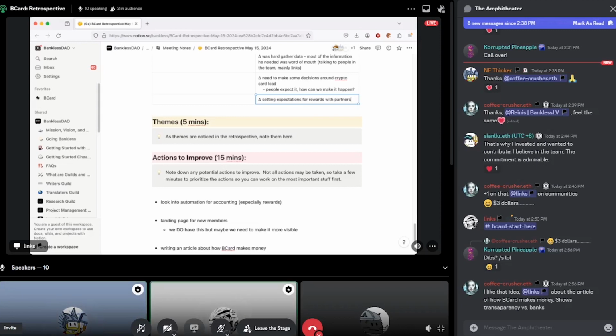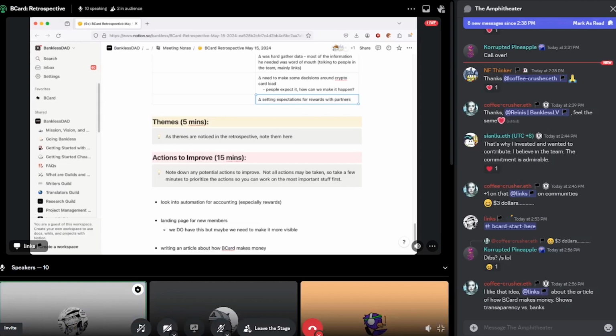Exactly. So I think if we concentrate on that right now, which is exactly why our goal right now is to increase transaction volume. That's why we're always talking about transaction volume first thing in our weekly notes. If we can make transaction volume higher, everything else is going to get better. One, we're going to be able to get things like crypto card load because the bank is going to be okay with that because we're driving transactions. Two, we're going to be able to pay contributors, which is going to allow us to work more on it.